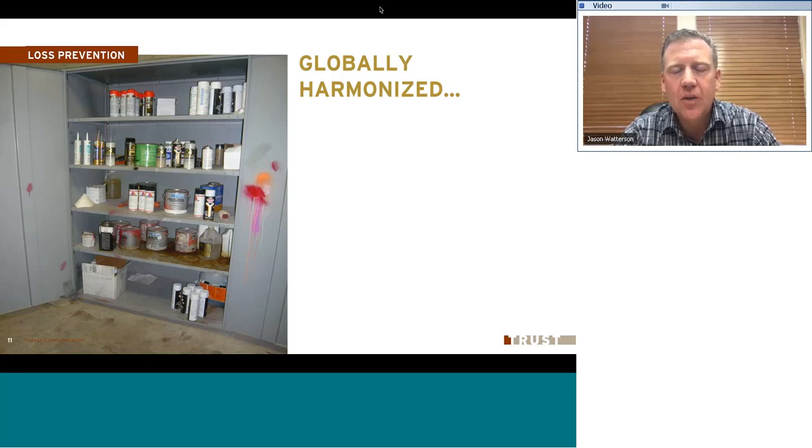So just a few years ago, OSHA came out and said, we are going to adopt the globally harmonized system which standardizes how chemicals are labeled, standardizes data sheets, safety data sheets, changes the name from material safety data sheet to safety data sheet, and we're going to do that so the whole world can get on the